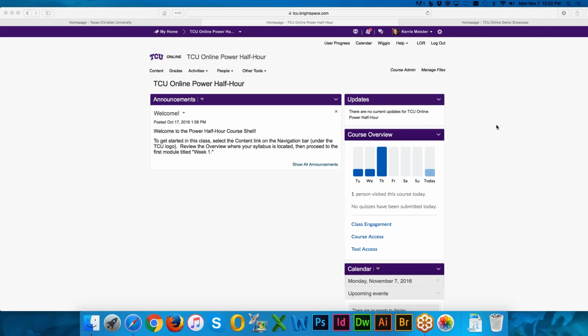So I'm going to show you our assignment tool. This is similar to the Dropbox in eCollege. They just changed the name so that there was no confusion with the actual product called Dropbox.com. It is the same similar function that you're used to, but I feel like it's a bit better, smoother ride